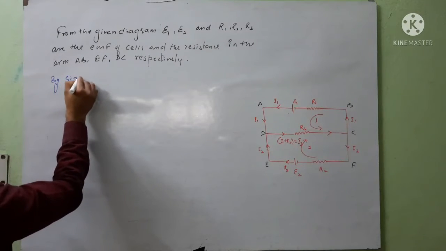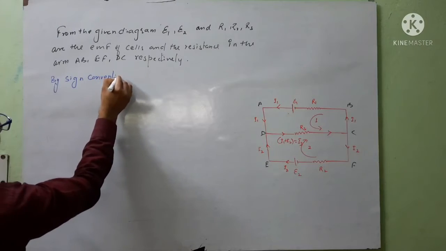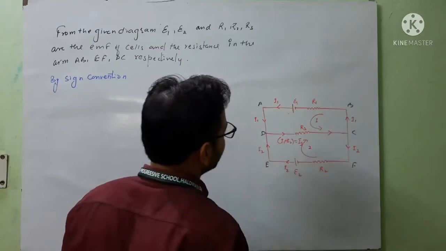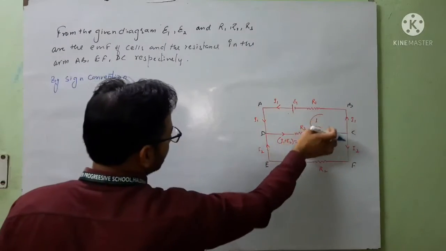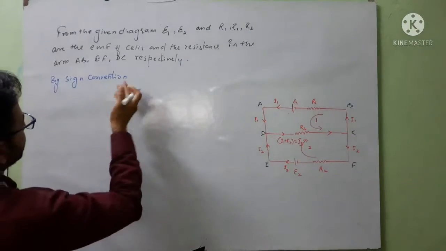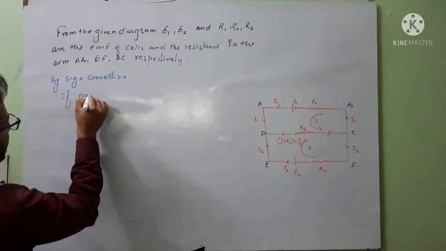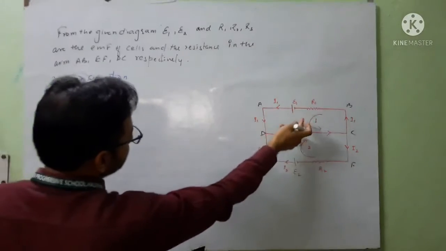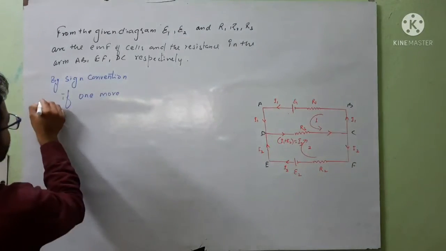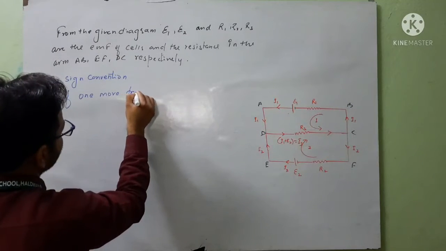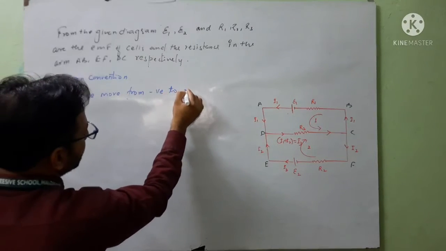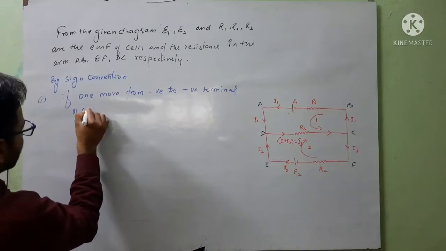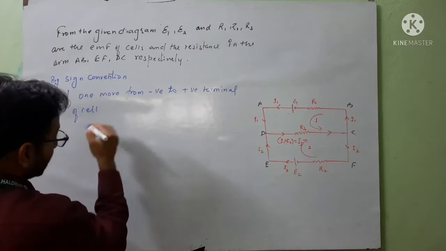By sign convention, as we are taking clockwise or anti-clockwise movement, we can read it as one moves. So if one moves from negative to positive terminal of a cell, meaning increasing potential of the cell,